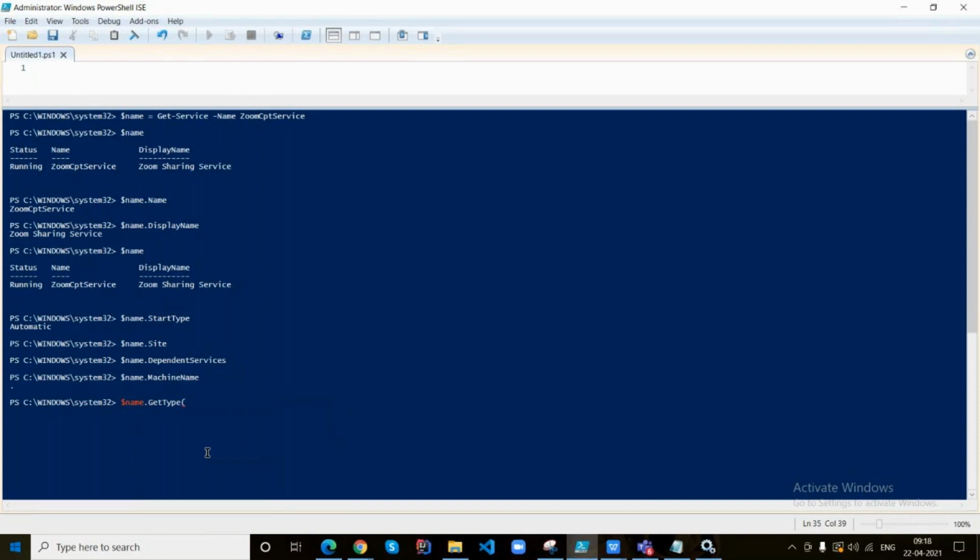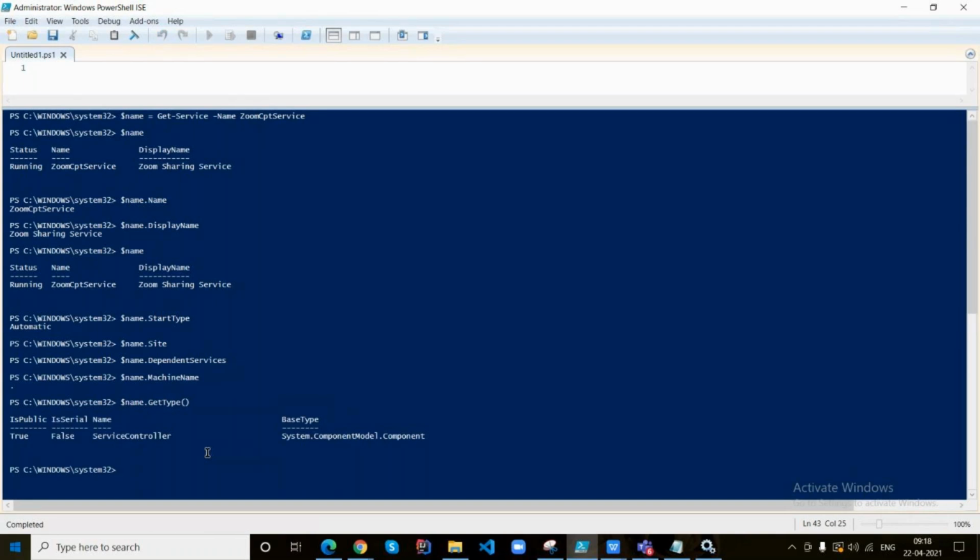Now close the parentheses, please. Yeah, now execute it. This is System.ComponentModel.Component as the base type, and this type is ServiceController.